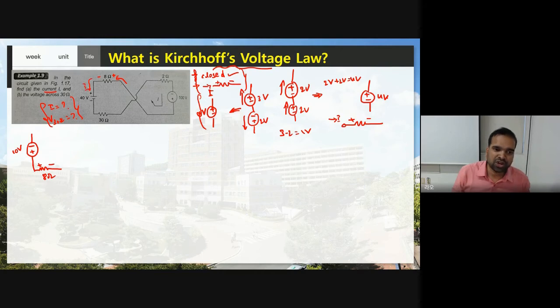Okay, I should not change the voltage source sign, because this is the source, and here this is what? Plus and minus. What is the value? 40 volt. Now see, current is coming like this. So this is what? Plus and minus. Therefore here you have another resistor. This is plus and minus with the value of 30 ohm.